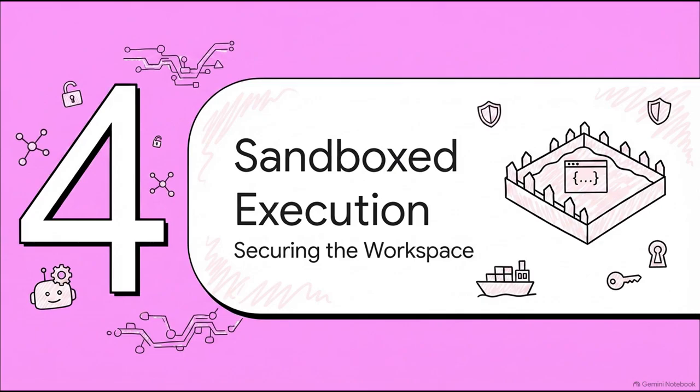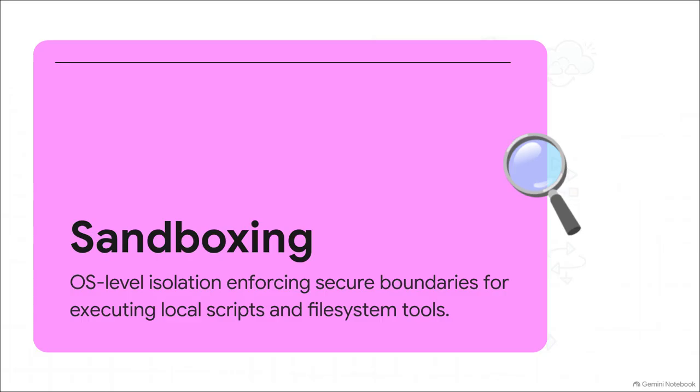Which brings us to our final section, secure sandboxed execution. Because all of this begs a pretty big question. How do we actually let these agents execute local tools safely? Well, think of sandboxing as a secure, transparent containment shield. It enforces strict OS-level isolation. It allows the SDK to run bash scripts and build entire applications inside an impenetrable bubble, using tools like temporary directories or app containers. This completely shields your host machine. If an agent somehow decides to try and delete the root directory, it only happens inside the simulation.